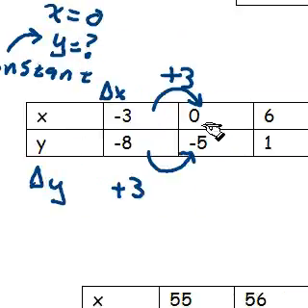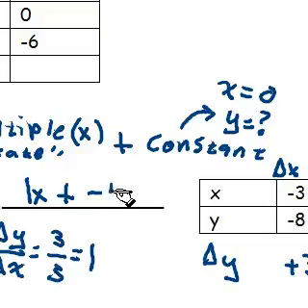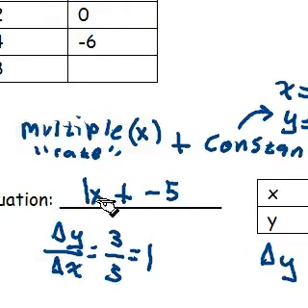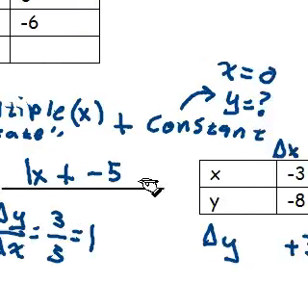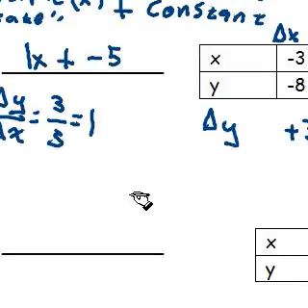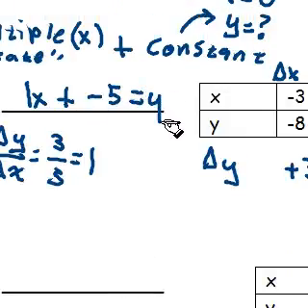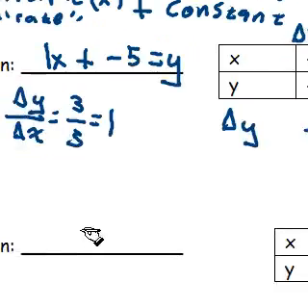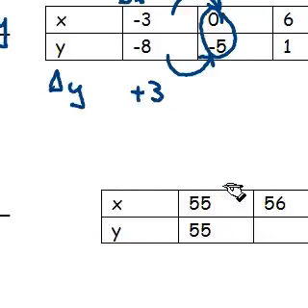plus our constant. And from the table, it's obvious that when x equals 0, y equals -5. So plus -5. You can also write this as x minus 5 would be the equation. And that's the rule. And technically, this whole expression here equals y. So our equation for number 4, y equals, okay, well,